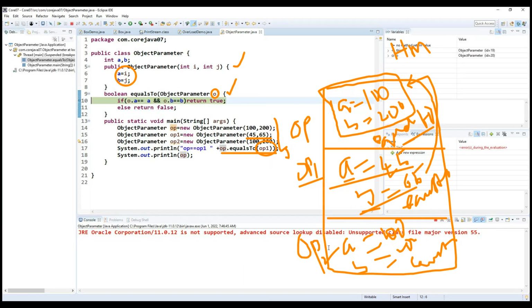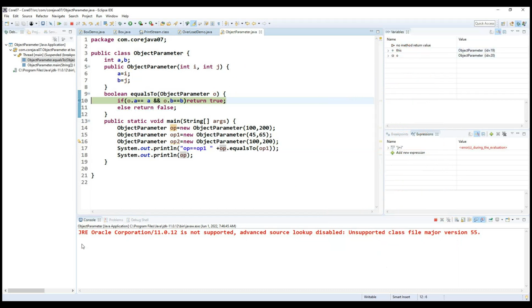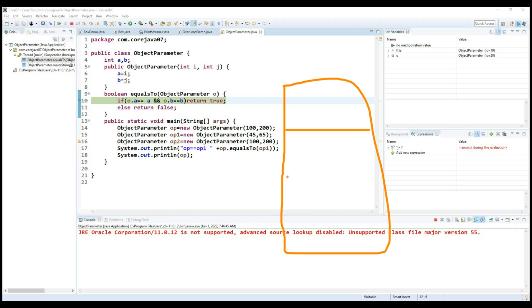So it is calling this. Now, okay. So I think here we cannot understand. Let me clear this. I will come up with one more example. So here I will create multiple values. So imagine OP, OP1 and OP2. So the A value,